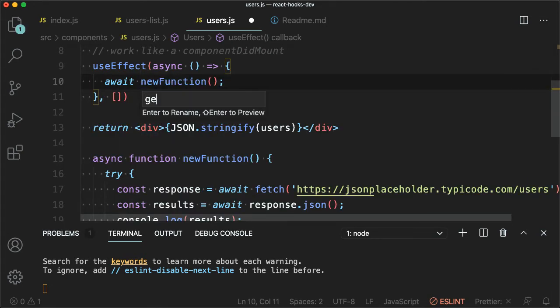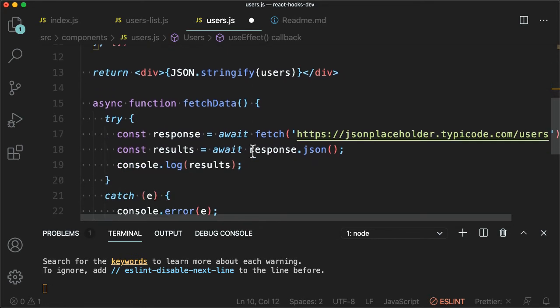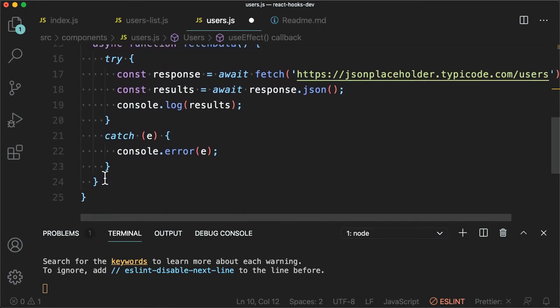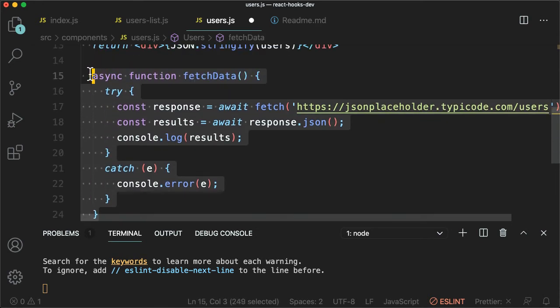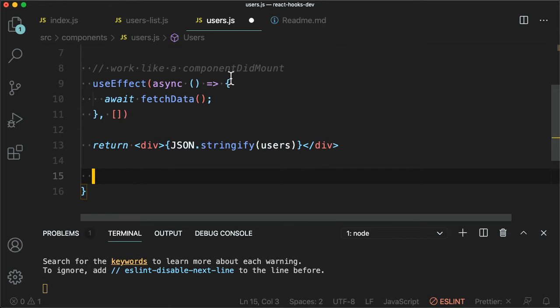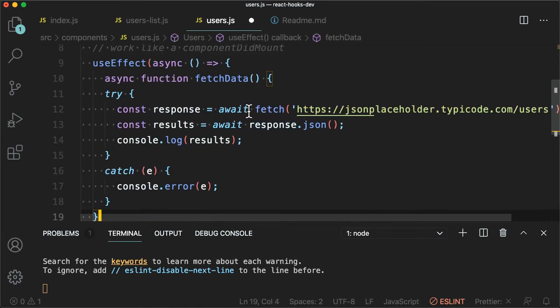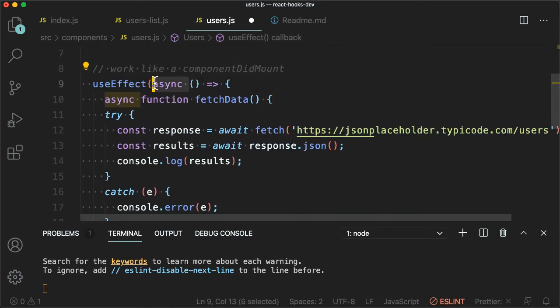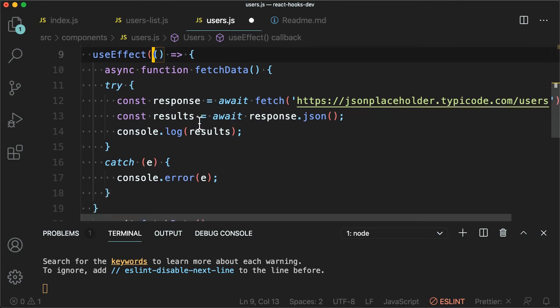Let's see that, get maybe fetchData. So that looks good, but we need this method inside the useEffect. So get rid of async from here. Now I applied async with fetchData, so I can use the await expression.